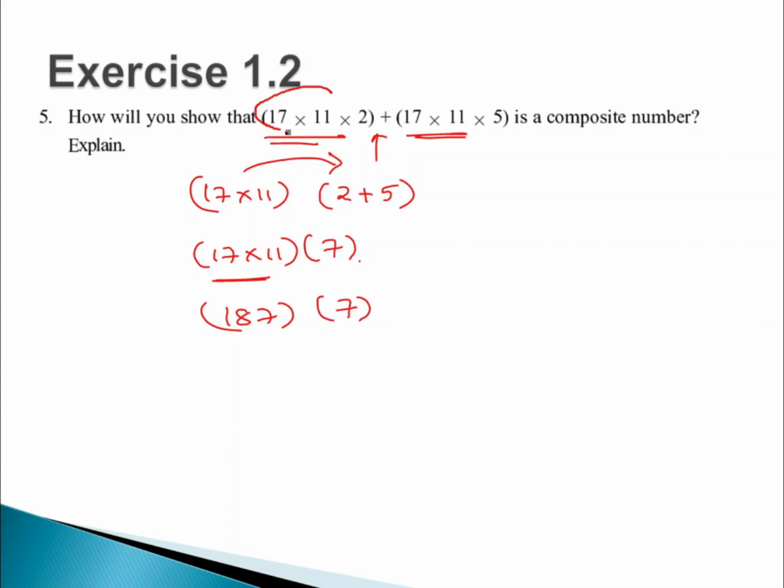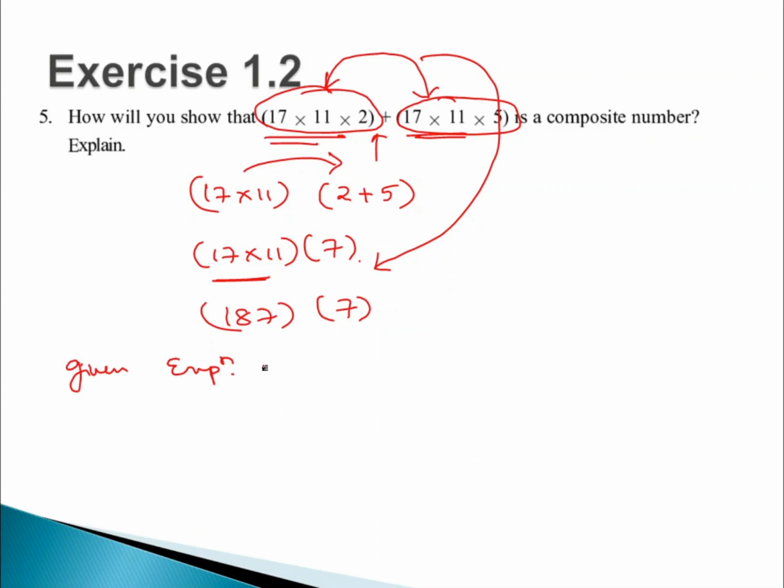See, if you're doing this, and if you are doing this, and if you're adding the answers, whatever the resultant you are having, it is equivalent to this one, right? Means I can write these numbers as these numbers, right? Means the given expressions can be written as